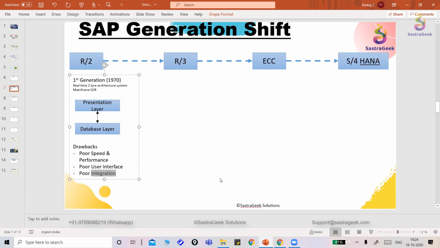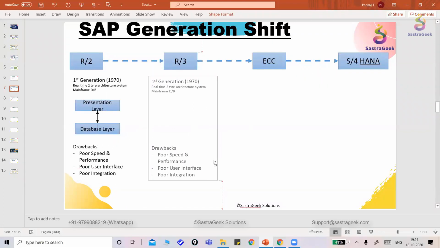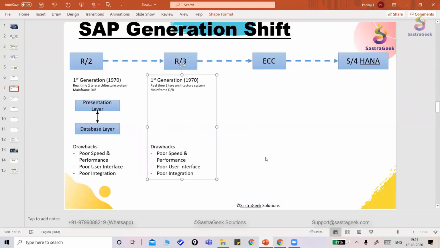So in SAP R2, the integration with any third party system was very poor. That is the reason SAP continuously worked on this part, trying to find out the solution, what to do next. And hence SAP came up with the second generation. Put it here as the second generation. Just a minute. In 1990,